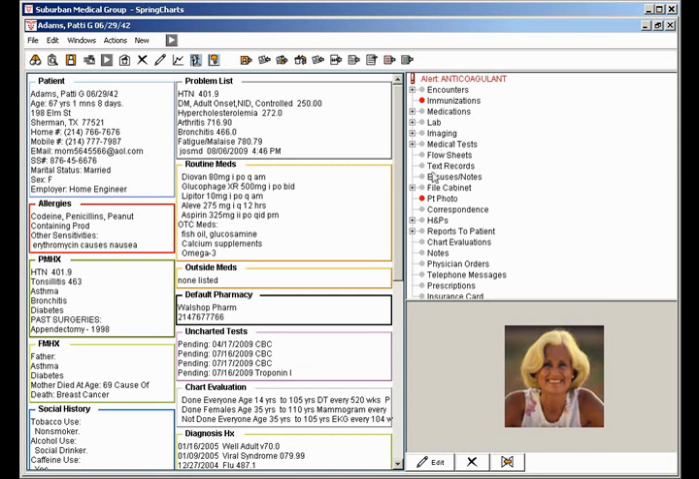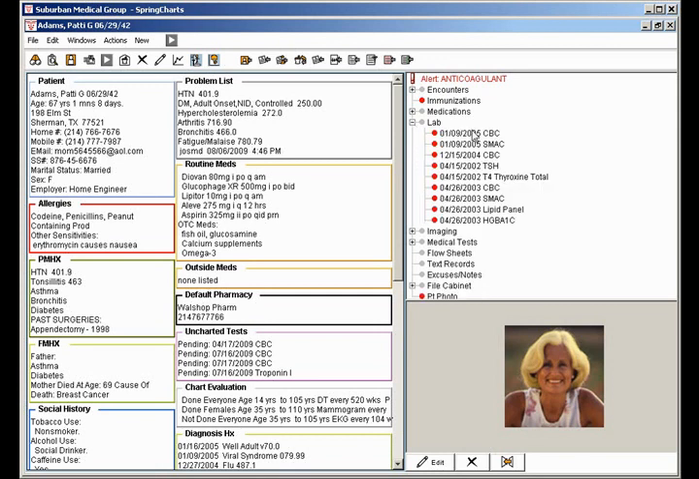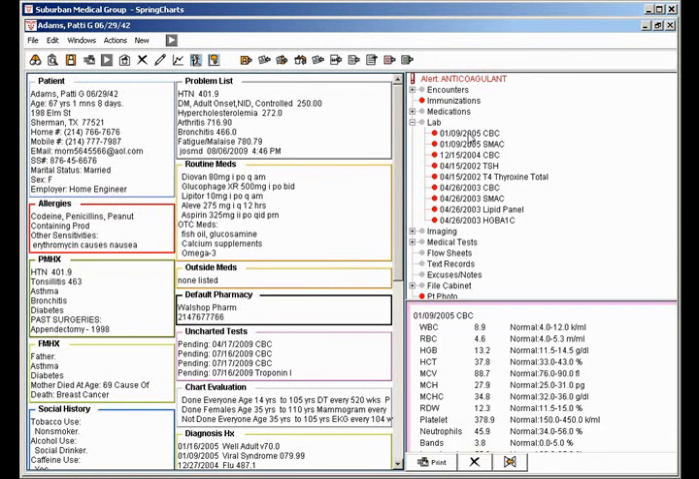And any of these items can be seen by clicking on the plus sign and expanding that particular tab, and then we see the items that are housed under that tab. If I want to see a CBC, I'll highlight that particular lab, and then the information is seen in the lower right hand corner. Let me show you how easy it is to build the face sheet of that patient's